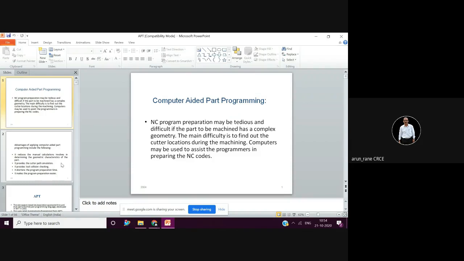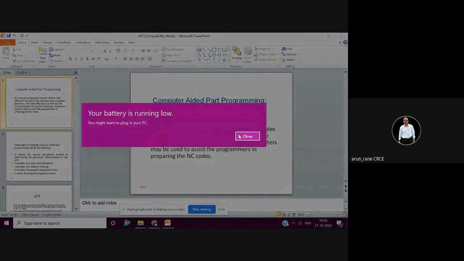So as I told, once the model is made, then this file is generated automatically. This file means the APT file. And remember, the most important thing is that the APT file is also called the CLSF file. This is the most important, because we used to ask it in practicals or orals. CLSF is nothing but cutter location source file.